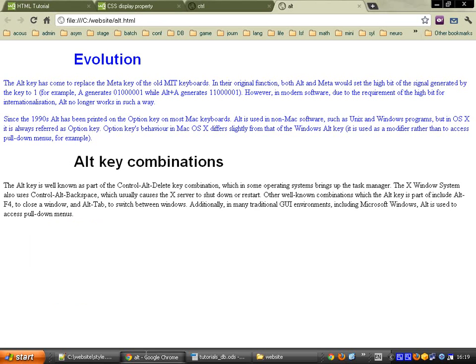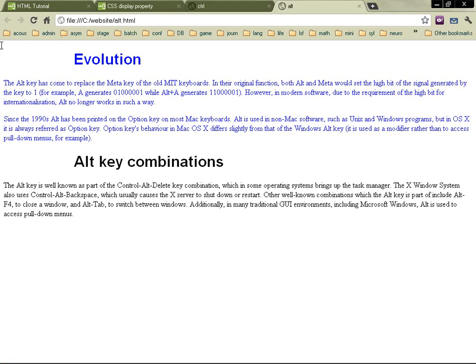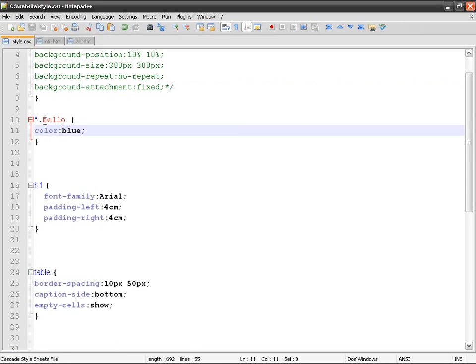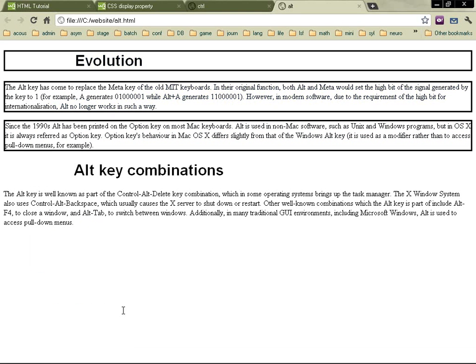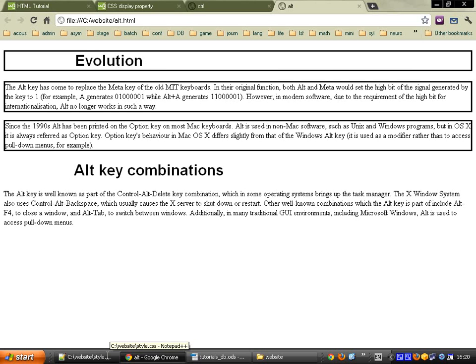However, imagine if we wanted to have a border for all of this section, because if we come here and we use asterisk hello and then we say border solid, if I remember well, this is the correct way to do it. It does something like this, which is not what we wanted. So we want something that is going to take all of this block and treat it as one element. In order to do that,